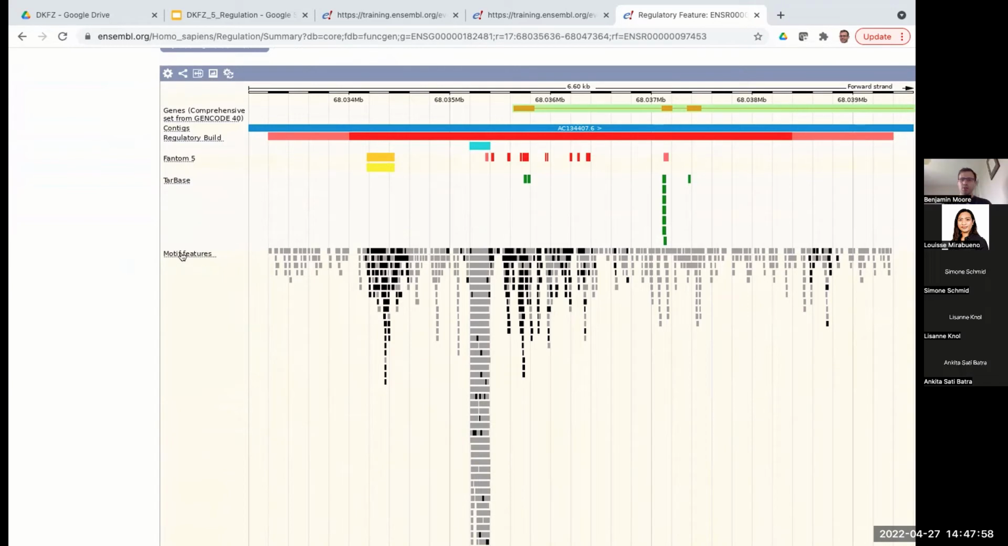Then we have this section called motif features. These are the transcription factor binding motifs that are annotated within this promoter region. The black motifs are experimentally verified, whereas the gray motifs are computationally predicted. So if you click on any of the motifs, for example, here,